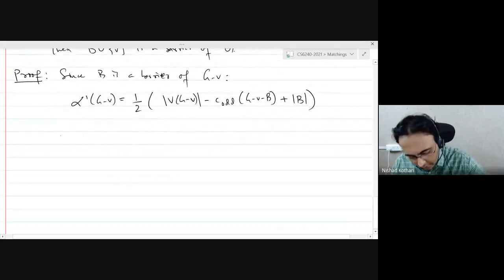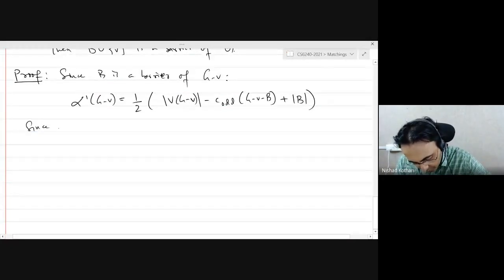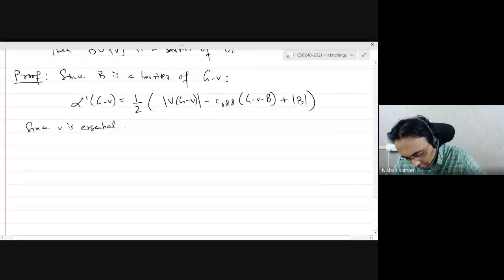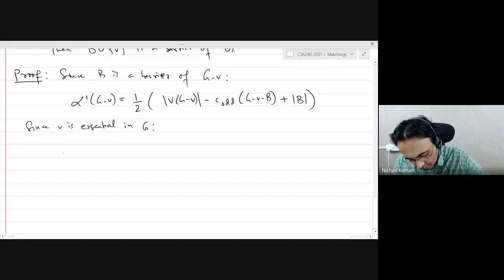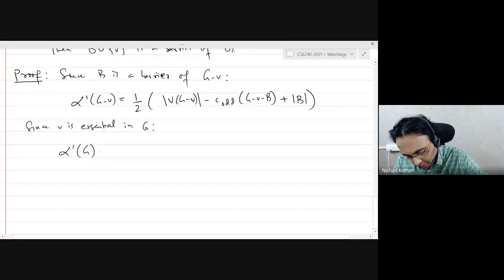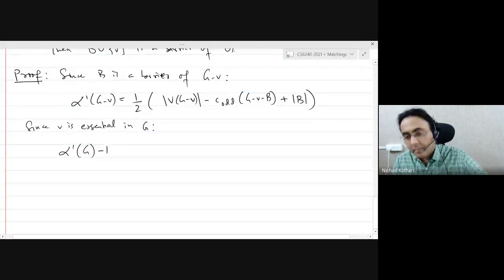Okay. So that means that since V is essential in G, I can write the size of the maximum matching in G minus 1, right?